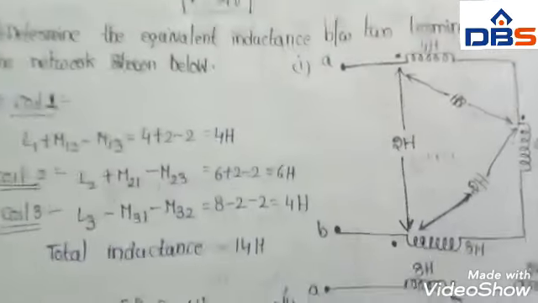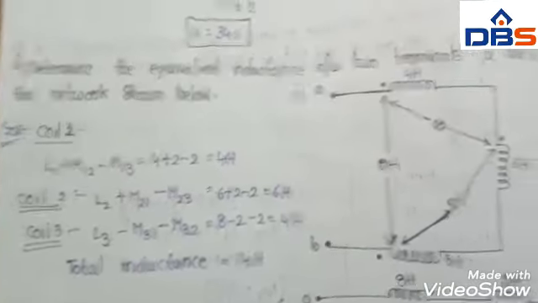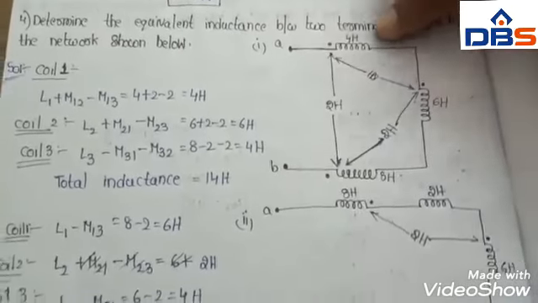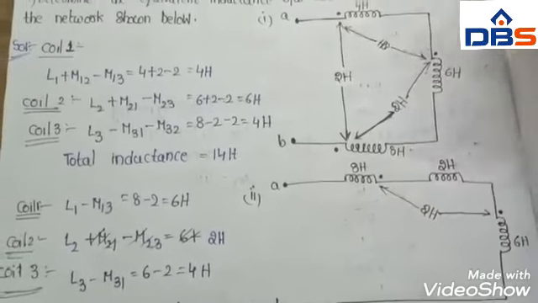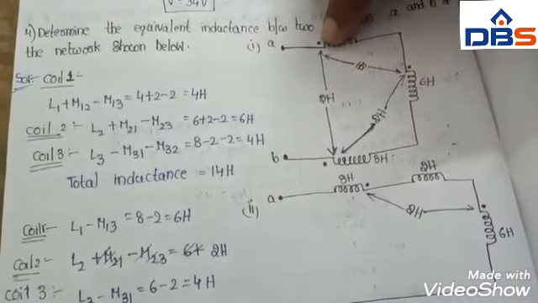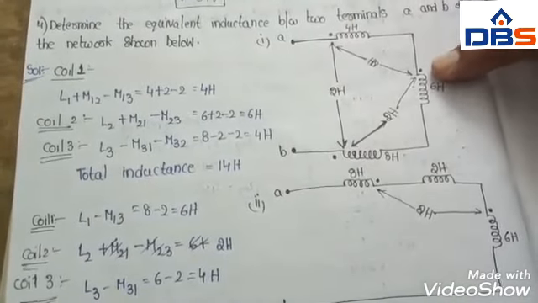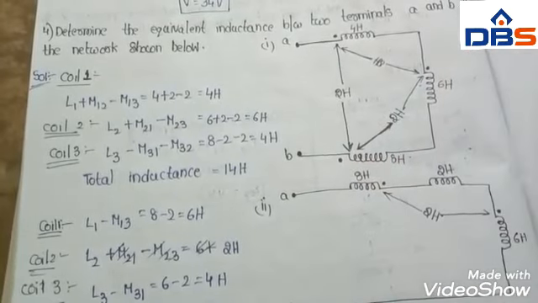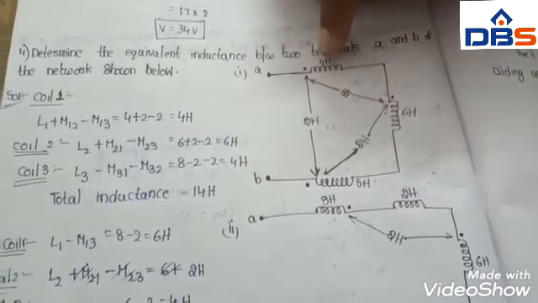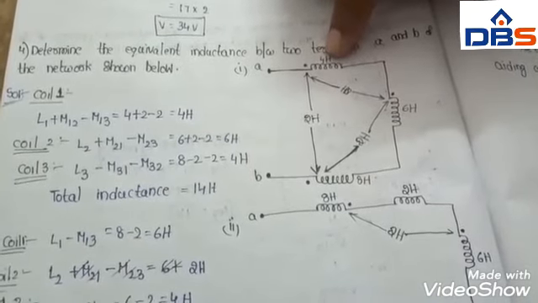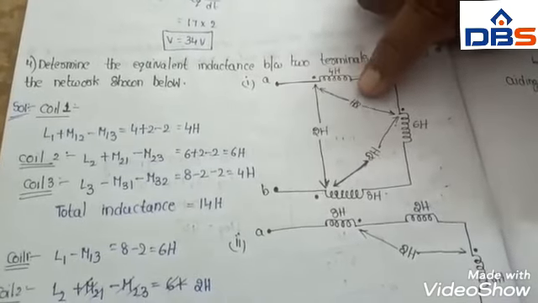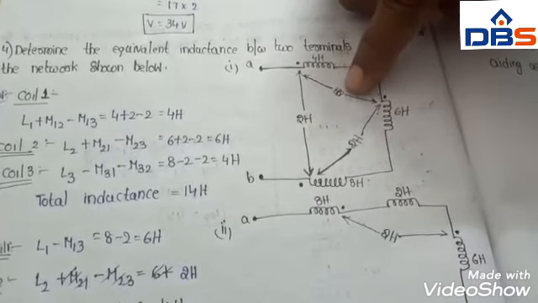Sometimes they are given diagrammatically. So here three coils are connected in series, but with different approaches. First coil, dot convention entering, second coil is also entering, but third coil is leaving. Now L equivalent between coil 1 and coil 2: for coil 1 we have to calculate inductance. L is 4 Henry, but M here entering, that is nothing but 2 Henry. 4 plus 2.